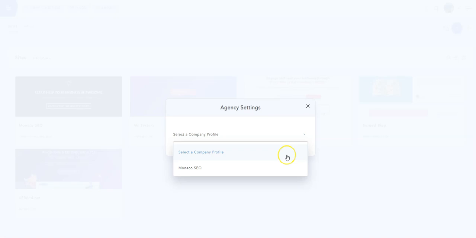In conclusion, you can have one login URL per company profile. So if you have multiple company profiles, you can have multiple login URLs. However, as mentioned before, we recommend that you use the same login URL for all your clients, as opposed to having a login URL for each client.